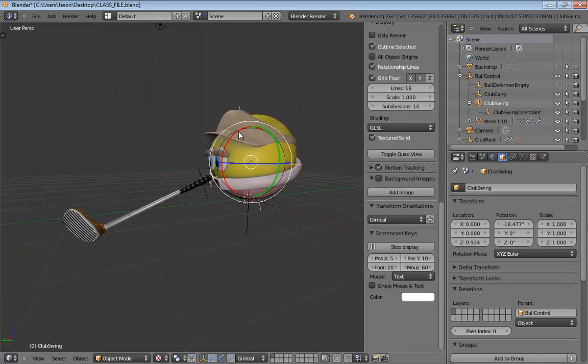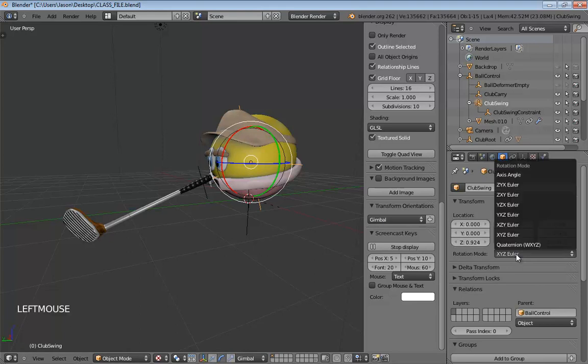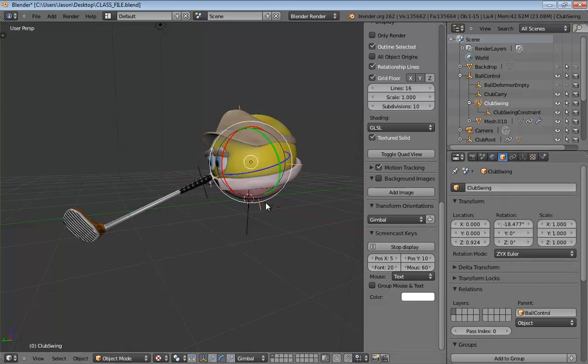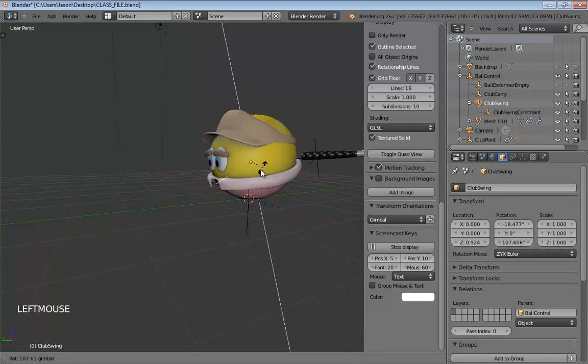What we want is for our rotation axes to be aimed down the club, so we get a nice natural arc to our swing. And if we change our rotation mode to something like ZYX, you notice everything updates. And now all we'll have to do as animators is just influence the rotate Z, and we get a nice fluid arc to our swing.